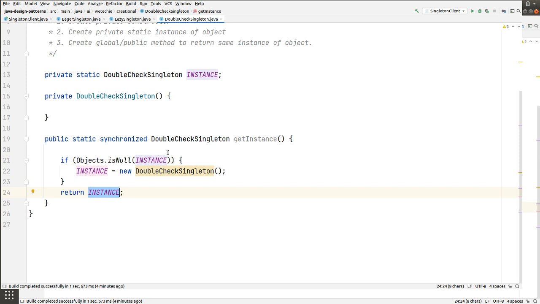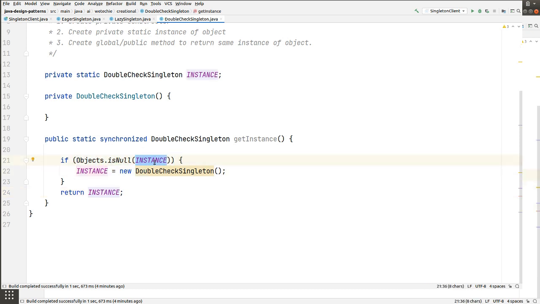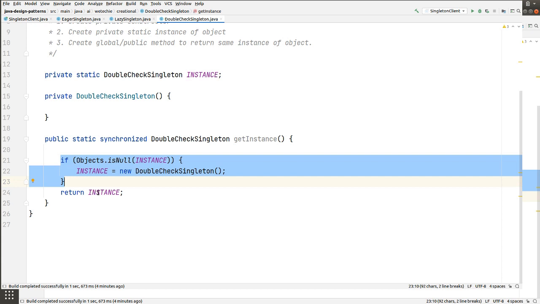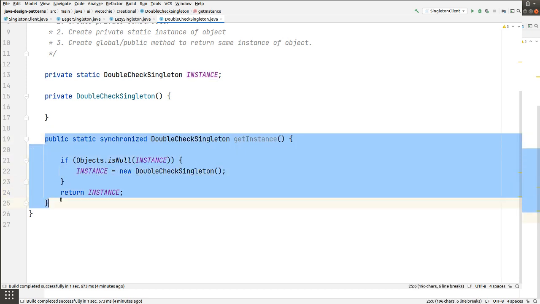Now thread B will enter this method and check whether the instance is null. The instance is already created by thread A, so it won't come inside this block and will directly return the instance created by thread A back to the client program, right?